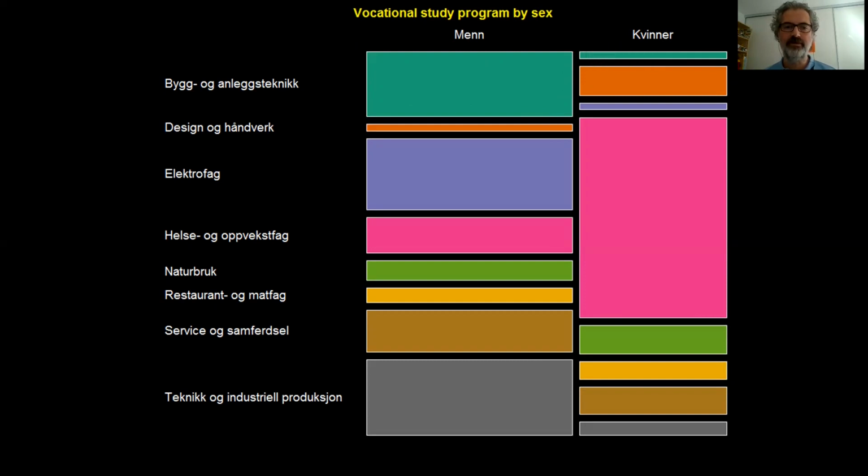And the rectangle for electricians is also much larger than for women. But the rectangle for health-related occupations is way larger for women than for men. And the fact that these sets of rectangles look so different in their sizes indicates that the proportion of women varies widely between different study directions, which is a visual way to say that